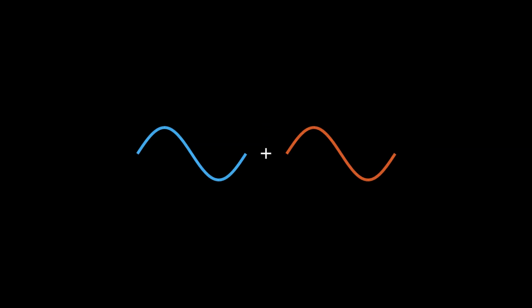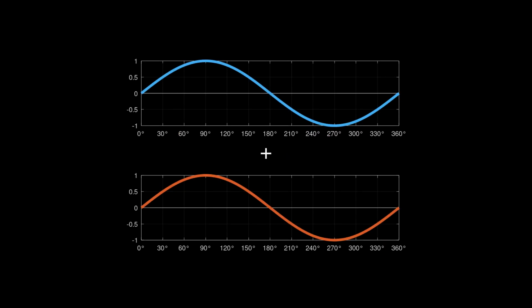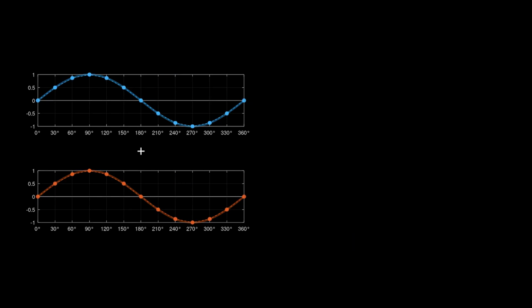Now, how do we add two waves? There are formulas for certain combinations of continuous waves, but an easy way to understand it is by discretizing the waves and adding each pair of points. In the end, we will mainly be adding digital waves anyway, which are already discretized. I'll show an example with these two waves. Here, I'm going to discretize the waves every 30 degrees and sum each pair of points.